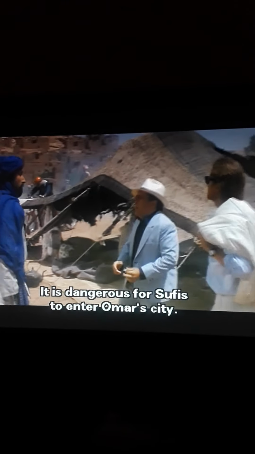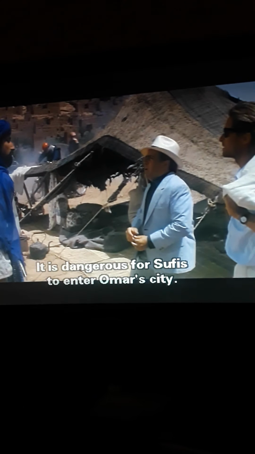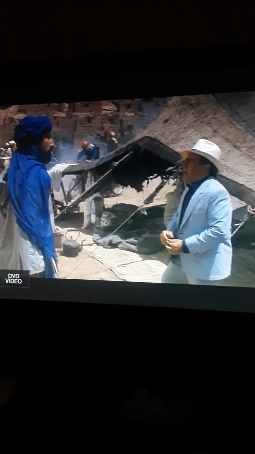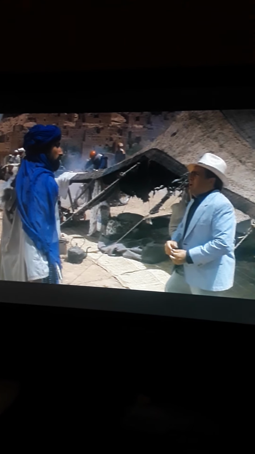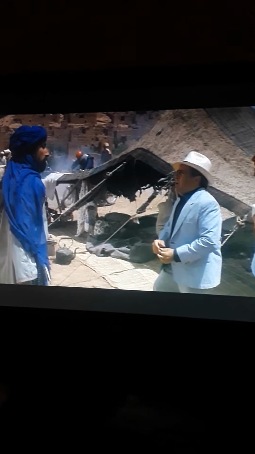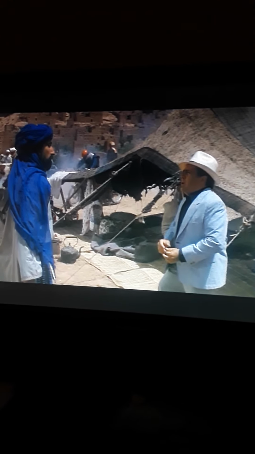It is dangerous for Sufis to enter Umar City. Okay, Sufis are the melanated people. They call them woolly-haired ones, Sufis. Those are darker skinned or the higher melanated people in